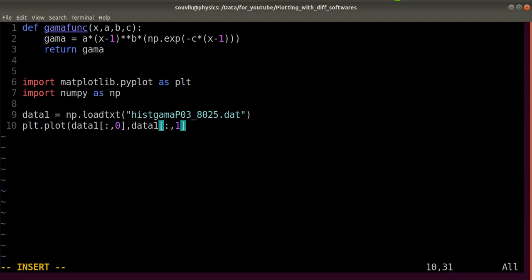And then if you want to put some label, label equal to, r comma, let's say this is the plot of the data file, to distinguish between the function and the data file. So you just need to do that.